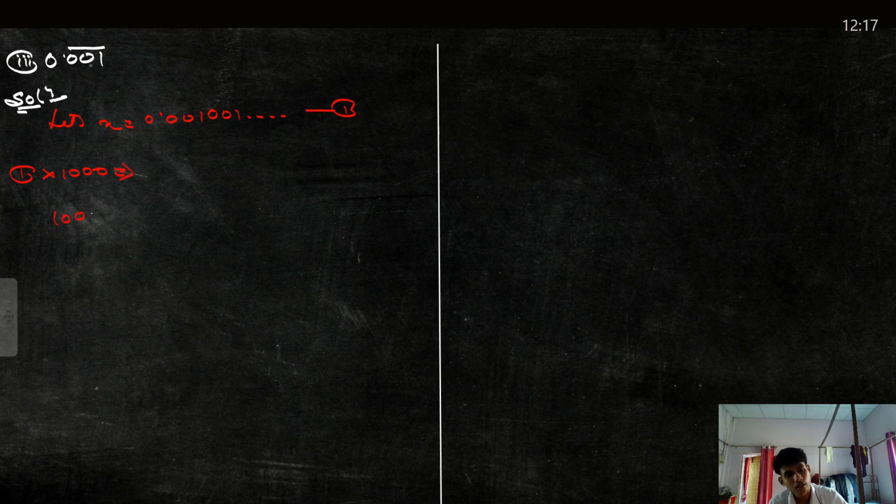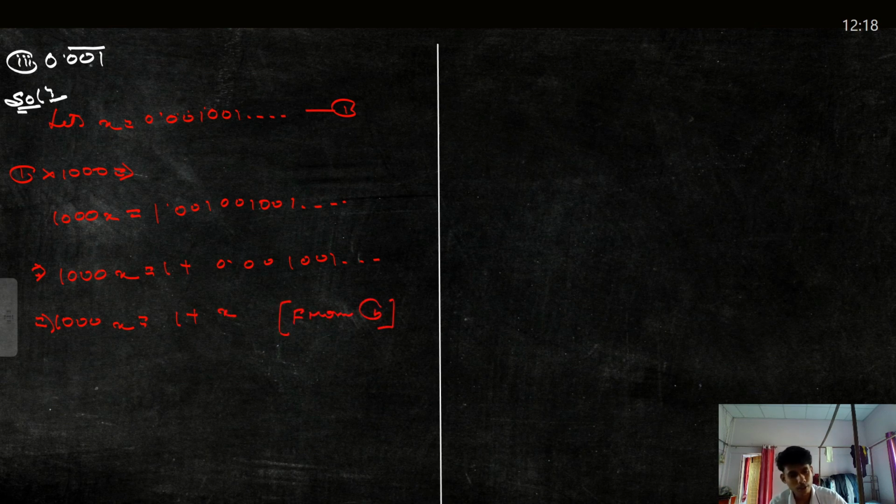This implies 1000 times x is equal to, since we multiplied it with 1000, the decimal will come 3 digits to the right. 1, 2, 3. That would be 1.001001. Now this will become 1000x equals 1 plus 0.001001 dot dot dot. That implies 1000x would be equal to 1 plus x